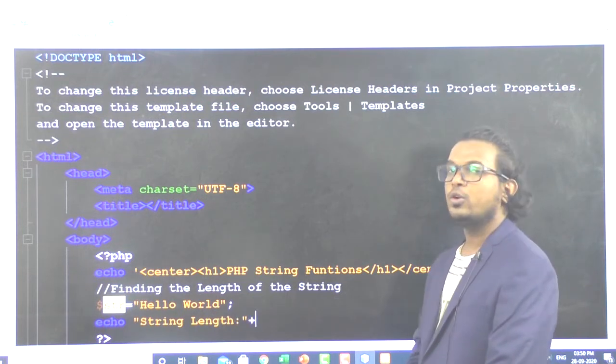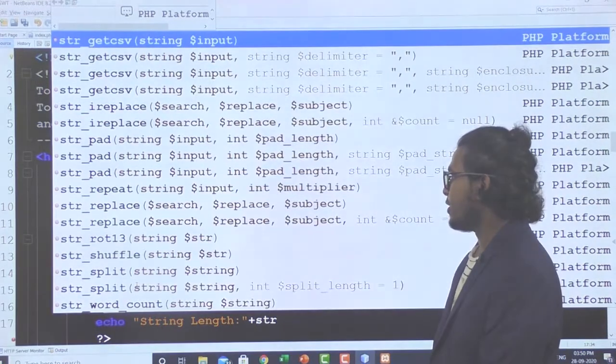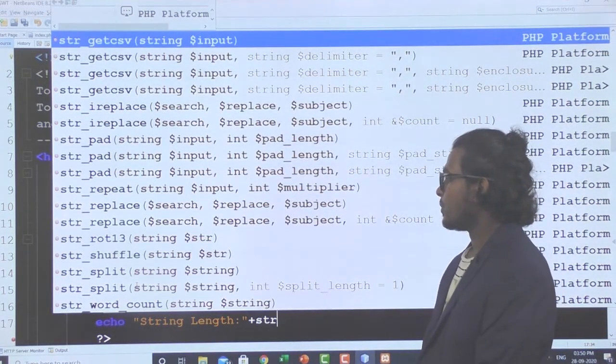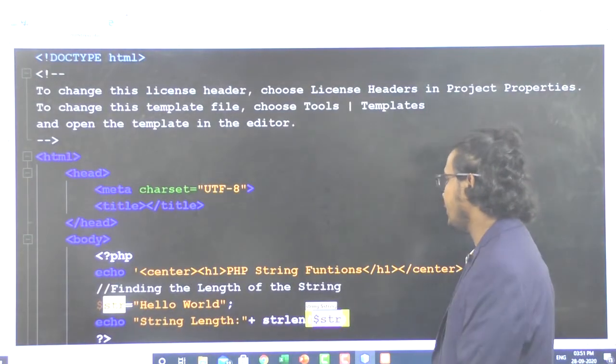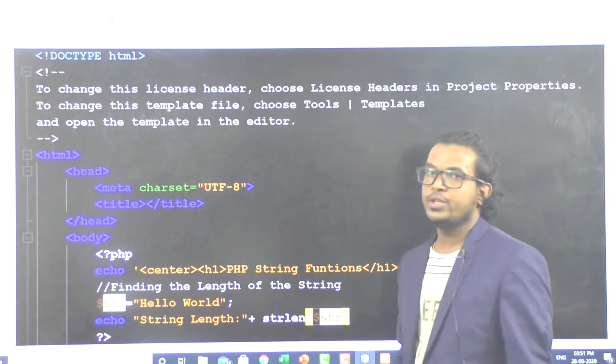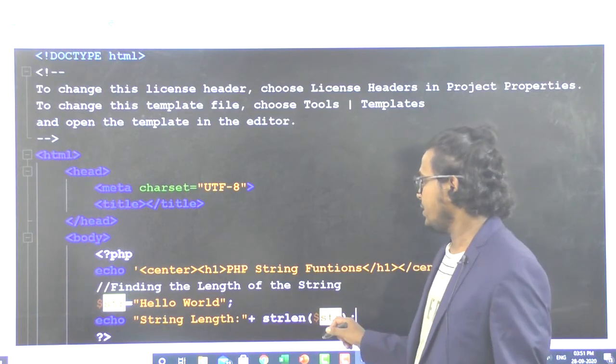How do we find the length of the string? With the strlen function. There you have to pass your string. This is the syntax for printing the length of the string.